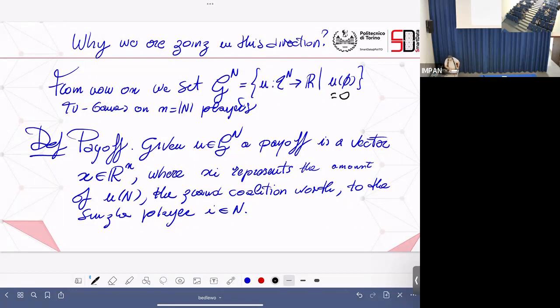on n players, and I call a payoff a vector whose entries are indexed by the number of players, and simply it is an allocation of something, of a worth, to the various players. The key point is that, given that I have this game in strategic form, so each coalition has a certain worth, like before with flows or more complicated things. How can I distribute the worth of the grand coalition when they are all together among the players, taking into account the various worths distributed among the various coalitions?